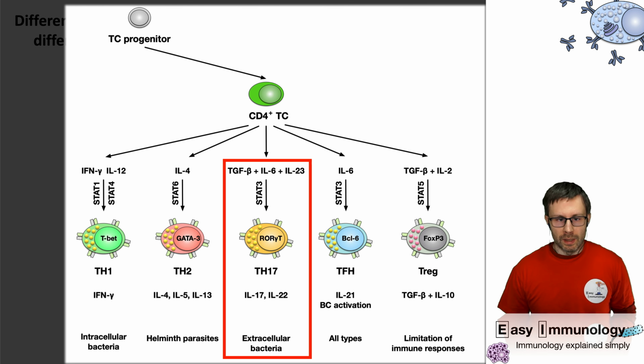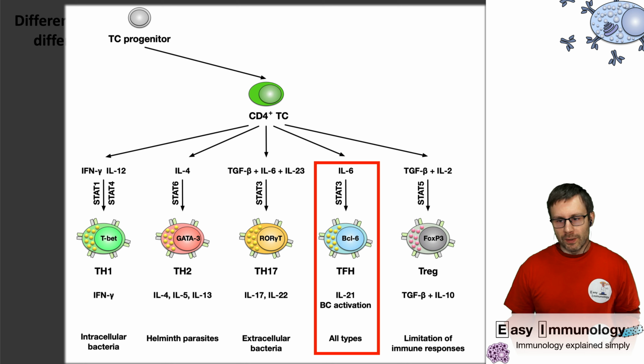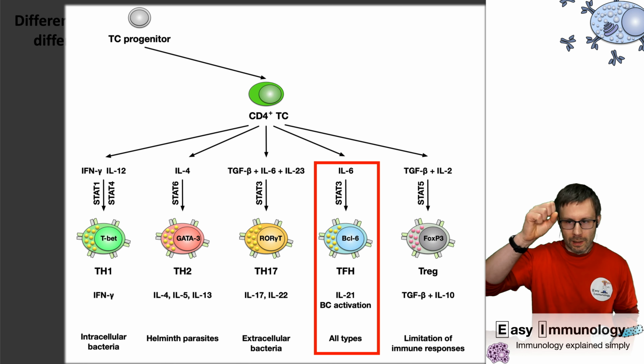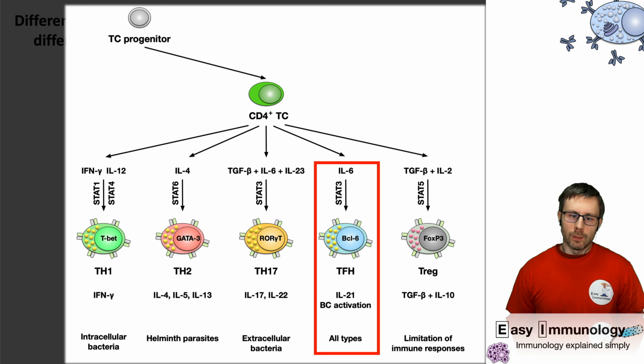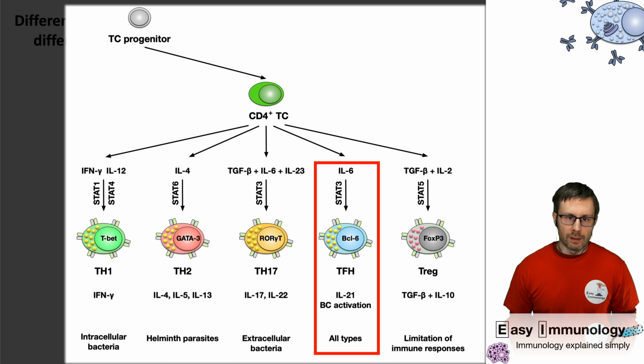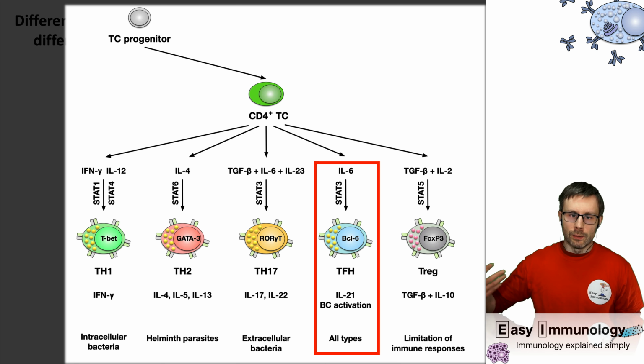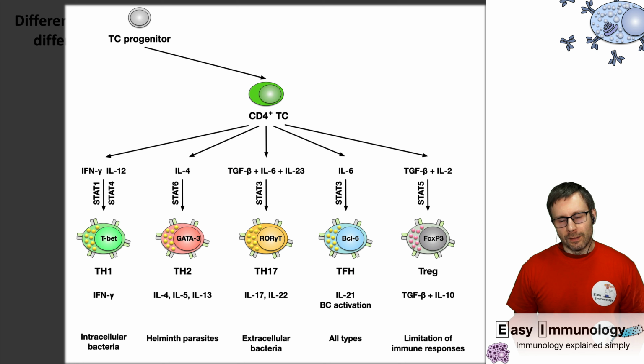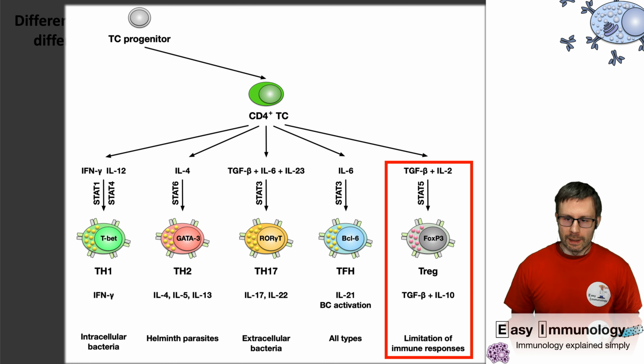They depend on RORgamma T. They are responsible for coordinating immune responses against extracellular bacteria. We have follicular T helper cells. They are mainly in the lymph nodes, and they help B cells to become activated. They provide the perfect environment for the cells in the lymph node to become activated, to proliferate, and to start immune responses. And we have regulatory T cells, which is like a special kind we will look at also in